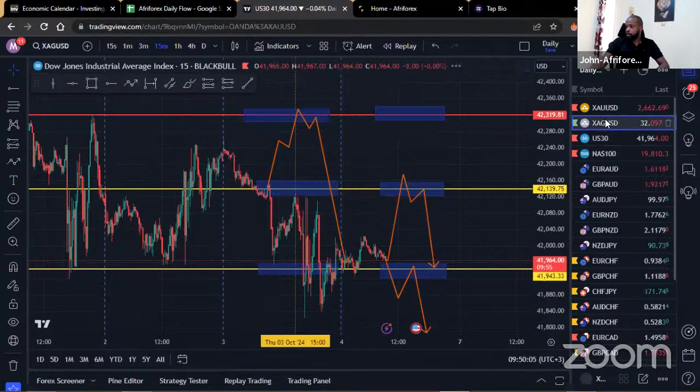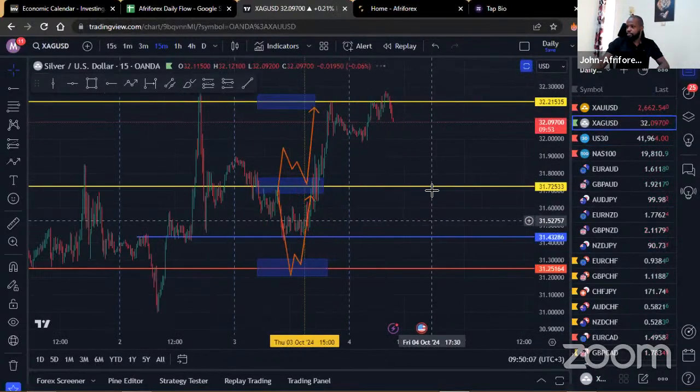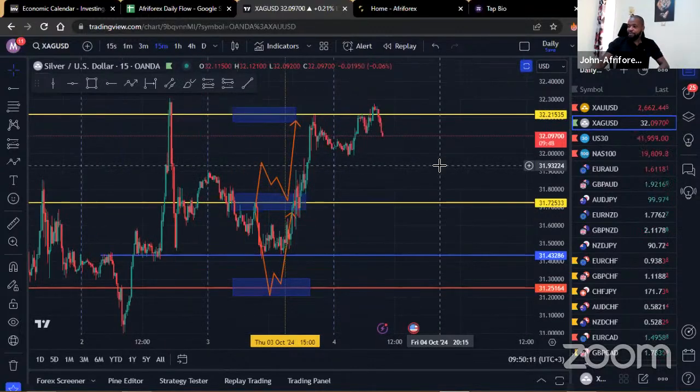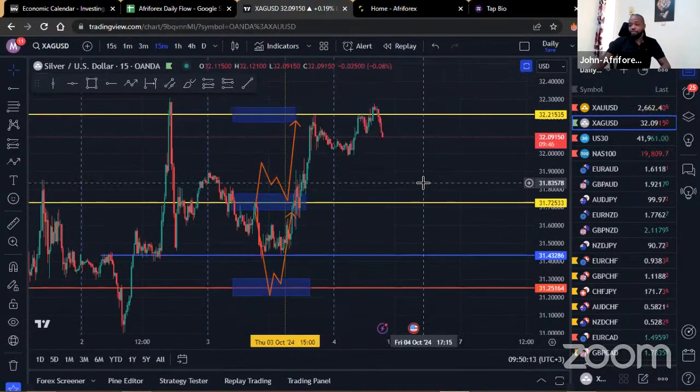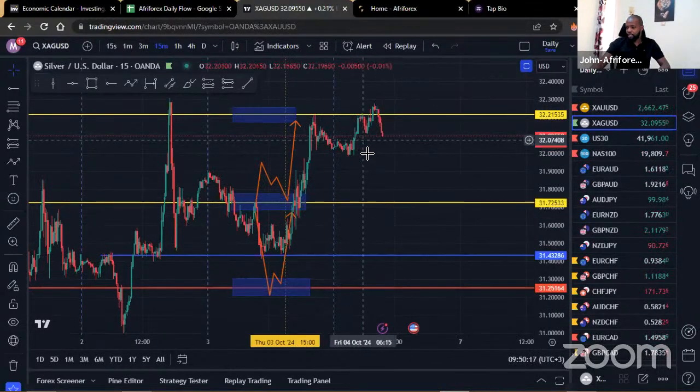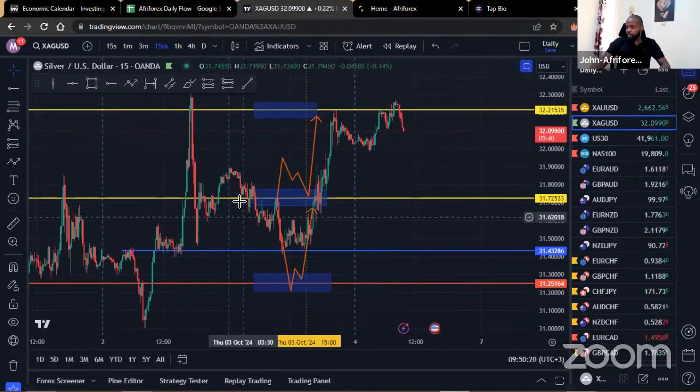So remember the red SNR at the top seems like a long shot, but like I've pointed out, the market can get there. And considering the fact that you have the non-farm payroll, you could easily find the market back in within there. So just be ready for that in case that does happen. So the next one is silver.